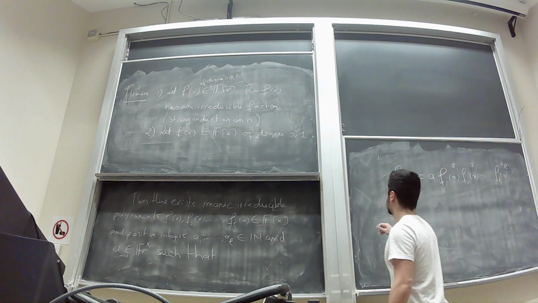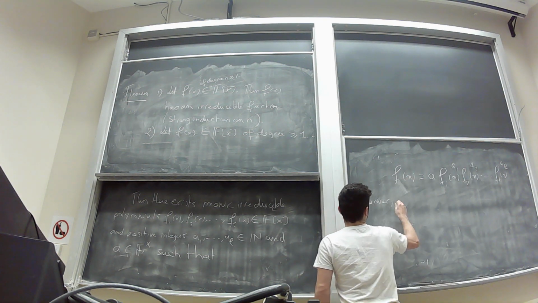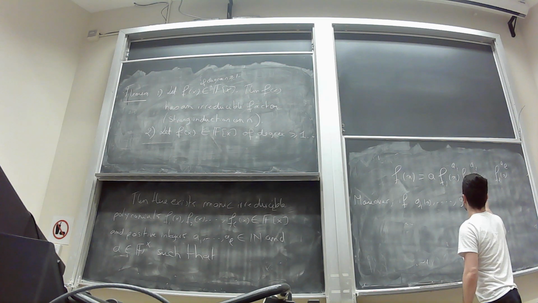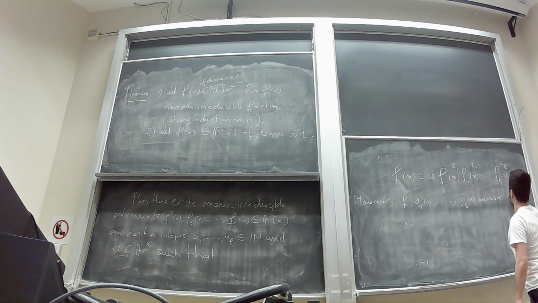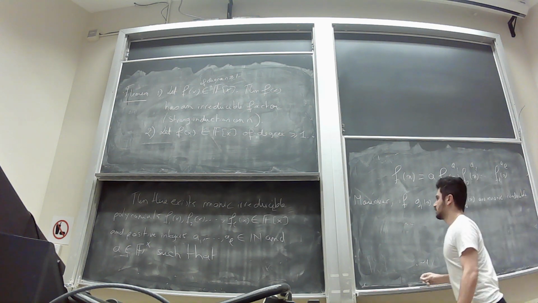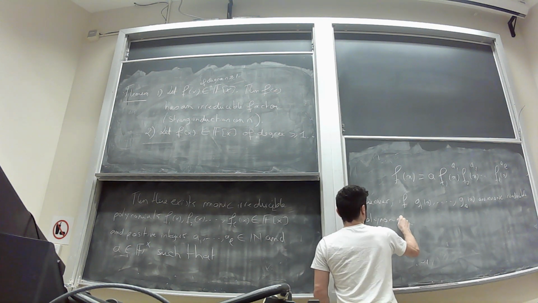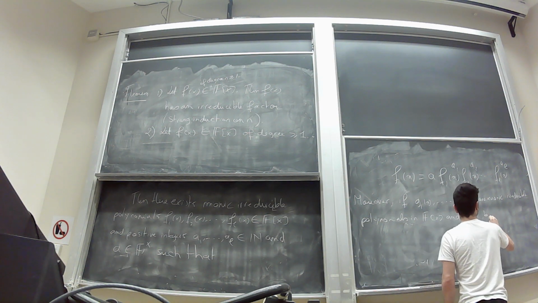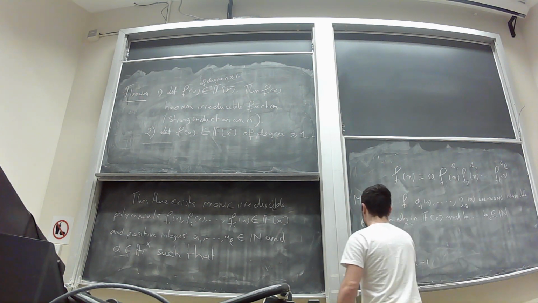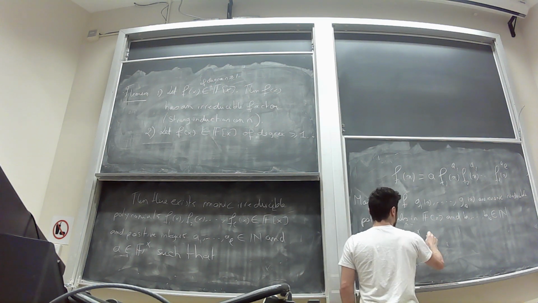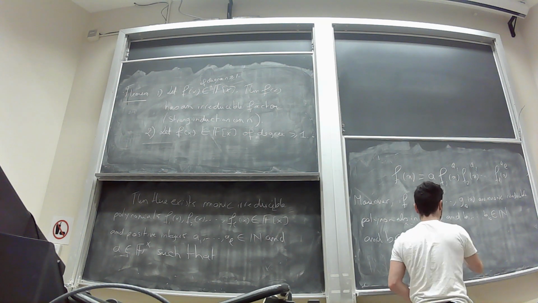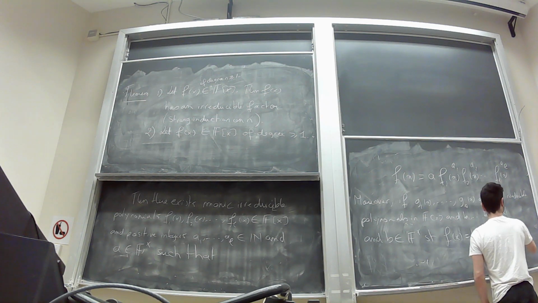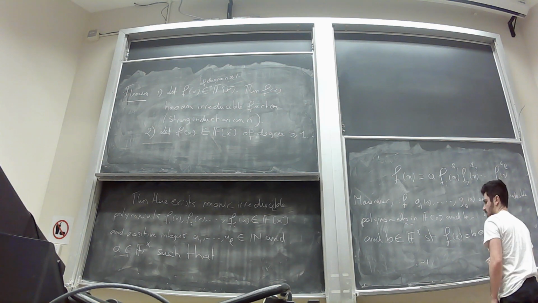Moreover, if g1(x), ..., gk(x) are monic irreducible polynomials in F[x], and b1 up to bk are positive integers, and b is in F star, such that f(x) is equal to b g1(x)^b1 ... gk(x)^bk. Then,